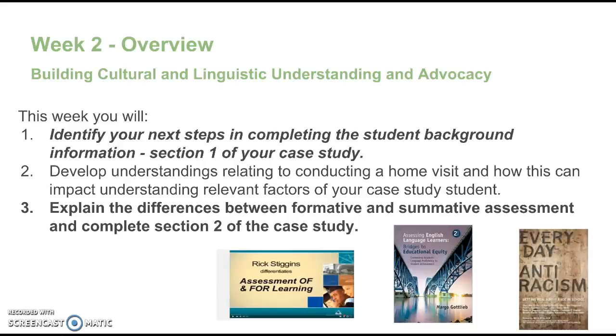Welcome to Week 2 of Assessment for Linguistically Diverse Learners. Our overall outcomes are focused on building cultural and linguistic understanding and advocacy for ELLs. This week we have 3 main outcomes. The first is to identify your next steps in completing the student background information, which is section 1 of your